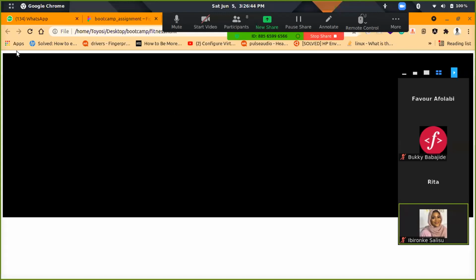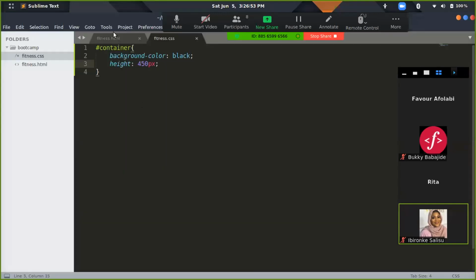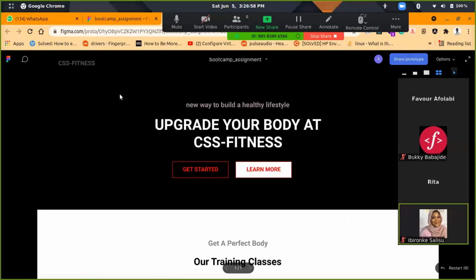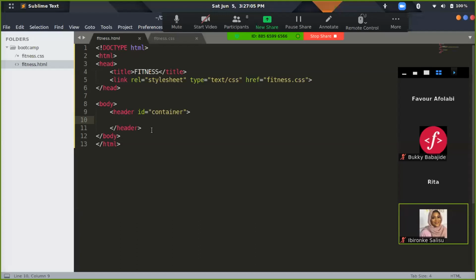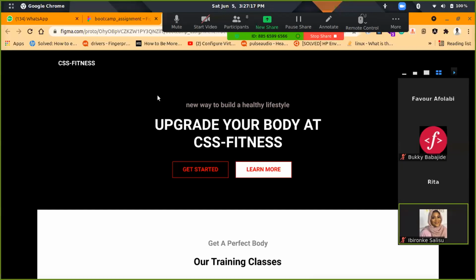There are some white spaces around this that are disturbing it. But we'll come back to that. We'll see what we can do about it. But for now, let's move on. So inside this, I want to write this text, CSS fitness. And that is basically just a paragraph text. I will say CSS fitness. When I open this in my browser,